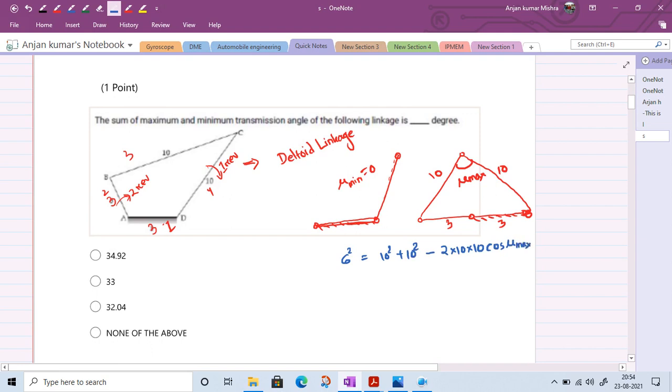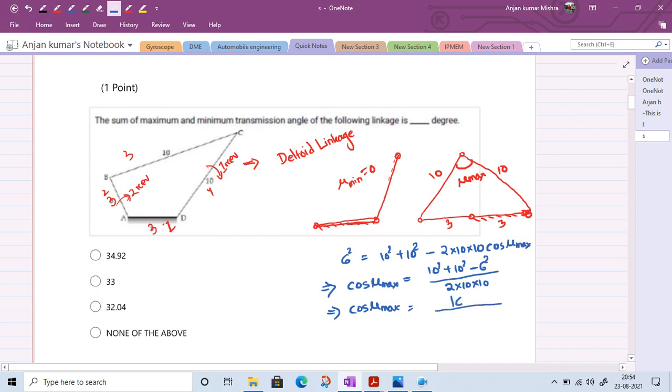So directly putting in values, cos mu max will be equal to 10 square plus 10 square minus 6 square divided by 2 multiplied by 10 multiplied by 10. So it is coming out to be cos mu max equal to 100 plus 100, 200, minus 36,